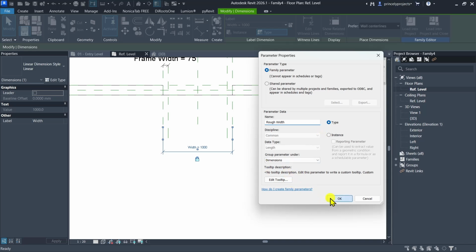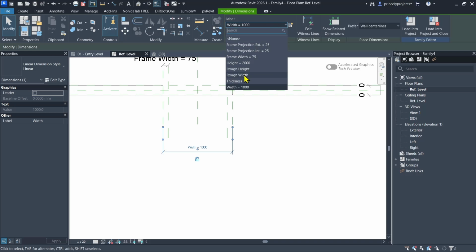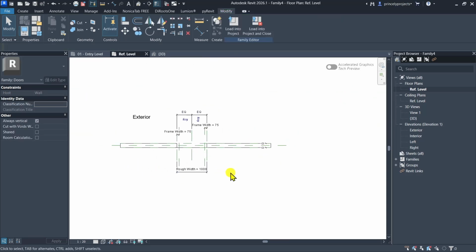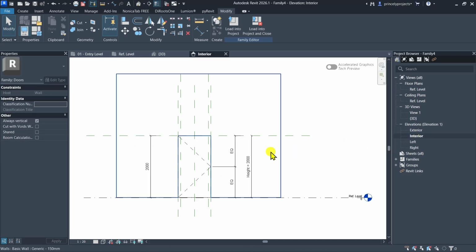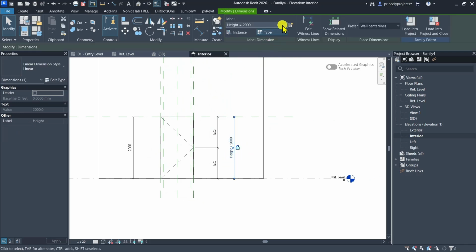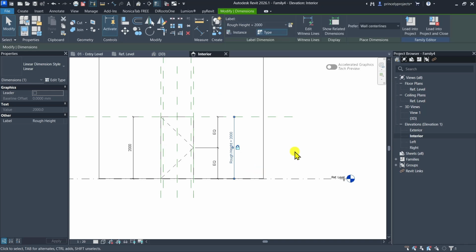and click OK. Oh, the same thing. It seems like the template is well organized, so we can choose from the label dimension. Oh, there it is, rough width. Okay, perfect. So I'm also going to go to the interior part. So we are going to also make this height a rough height. Let's select from the label dimension. Oh, it's there already, rough height. All right,